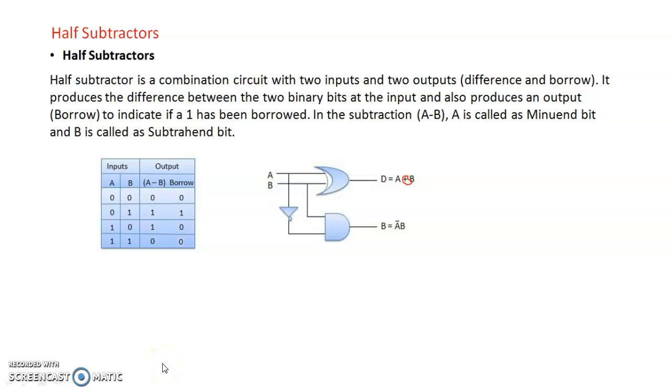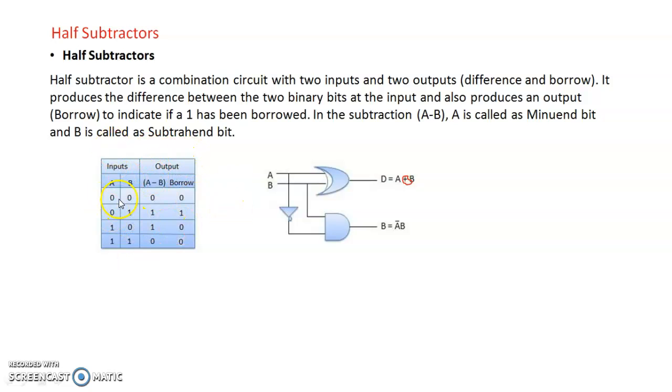Next is half subtractor. Half subtractor means what? In the half subtractor again it is the combinational circuit. It performs the subtraction of 2-bit numbers and here A, B are the inputs and this difference and borrow are the outputs. In a half subtractor only the subtraction of 2-bit numbers is possible. You cannot perform the subtraction of 3-bit numbers. So that problem is again overcome with the help of full subtractor.